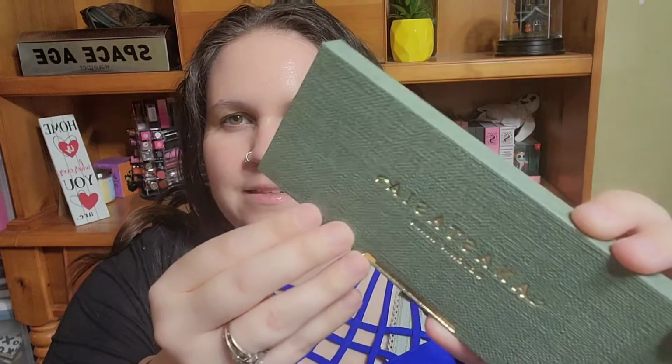Here is the Abh palette. It's very, very beautiful. It feels interesting. It's not like velvet. It's not like a matte. It just has this texture in it. Interesting. Okay. So when you open it up on the inside,